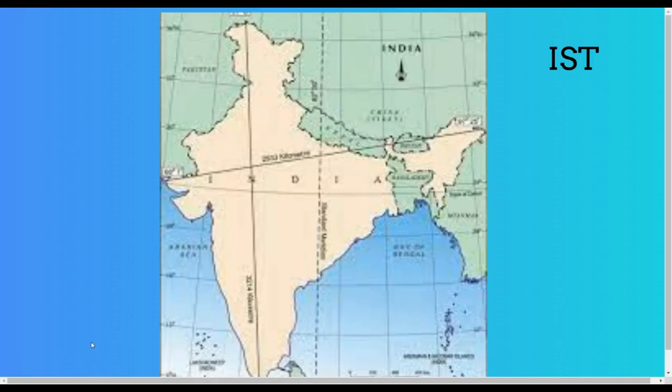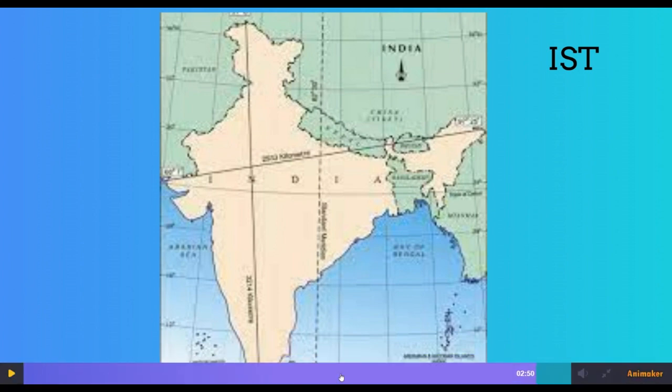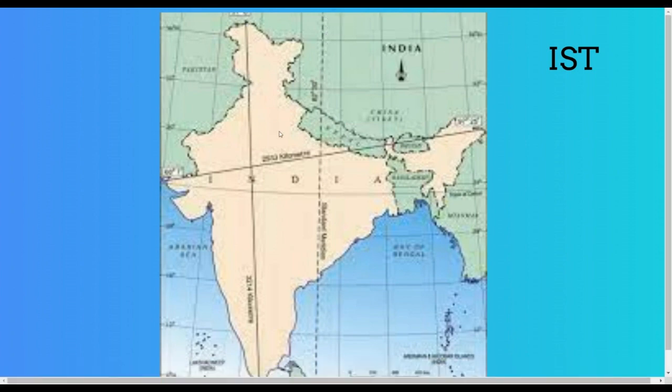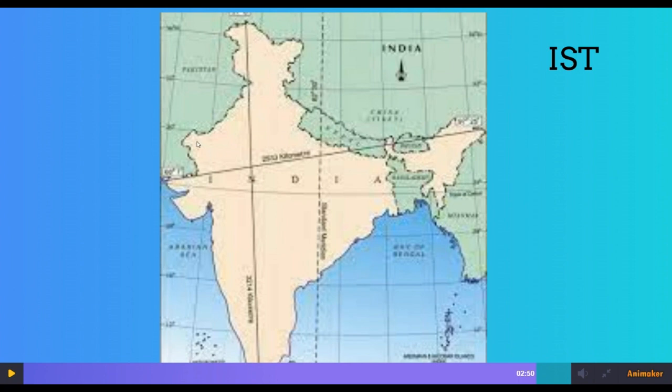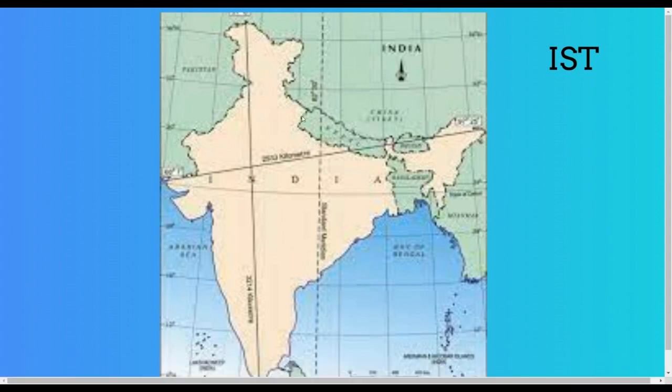Our next topic is Indian Standard Time, IST. India is located in the northern hemisphere. As I told you earlier, there are 24 time zones and each country has its own time. India's extent is from 8.4 latitude to 37.6 latitude in the north, and the longitude extent of India is from 64.7 to